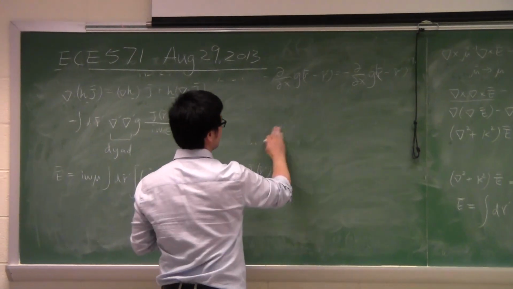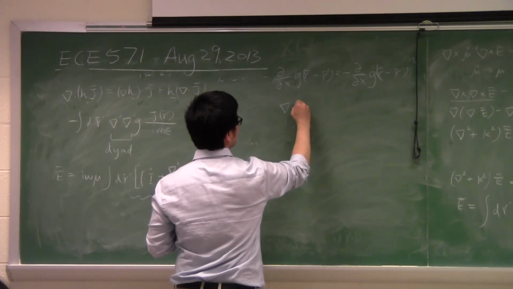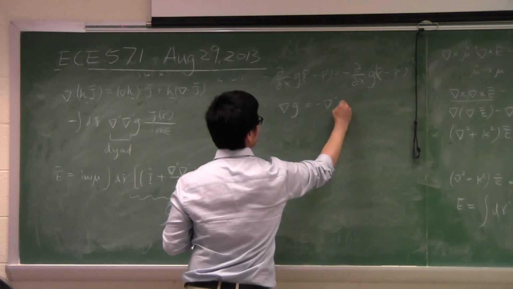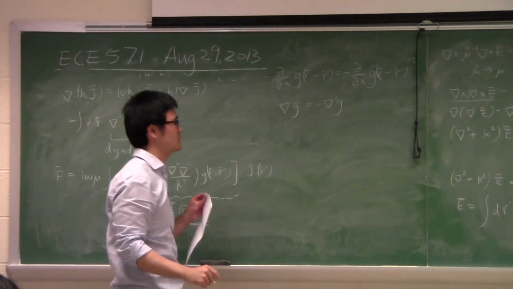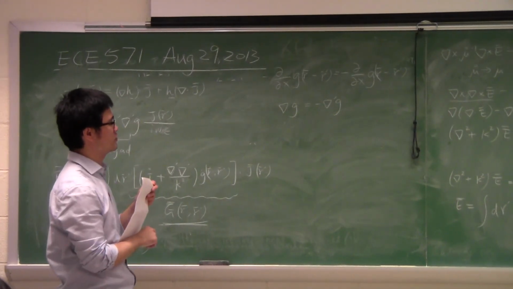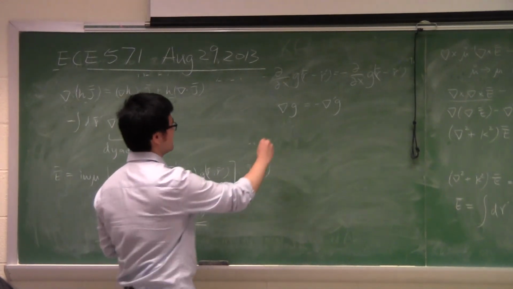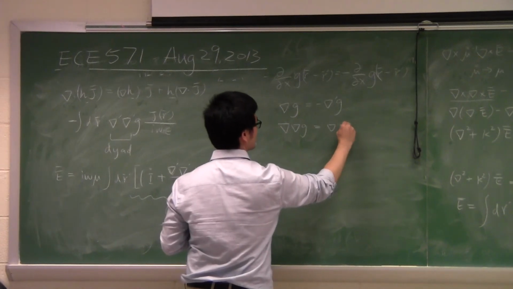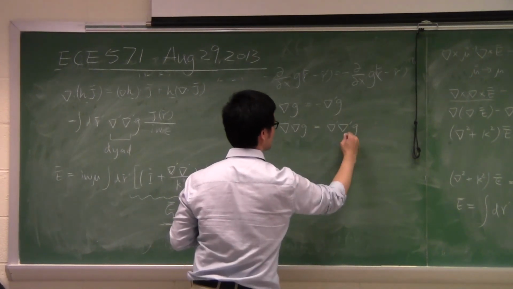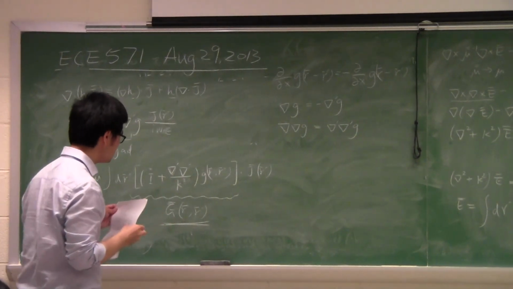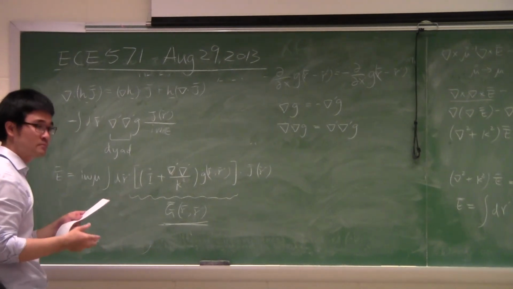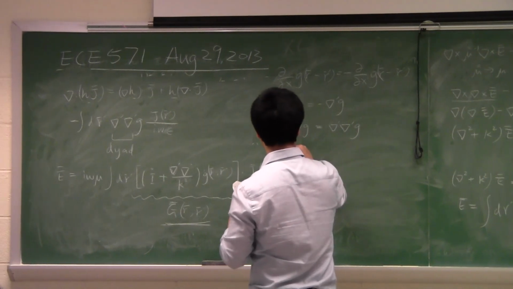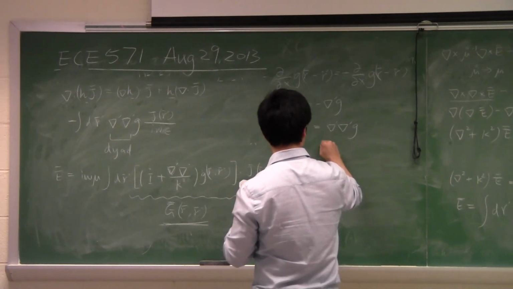And similarly, the gradient will just become minus gradient prime on G. And the double gradient will become the same as the double gradient prime on G. So now we can show that the Green's function is just